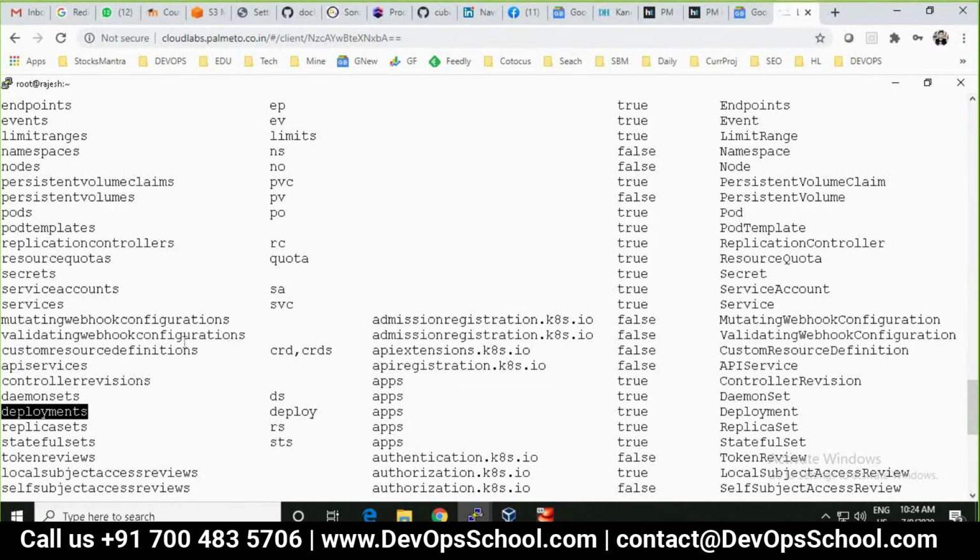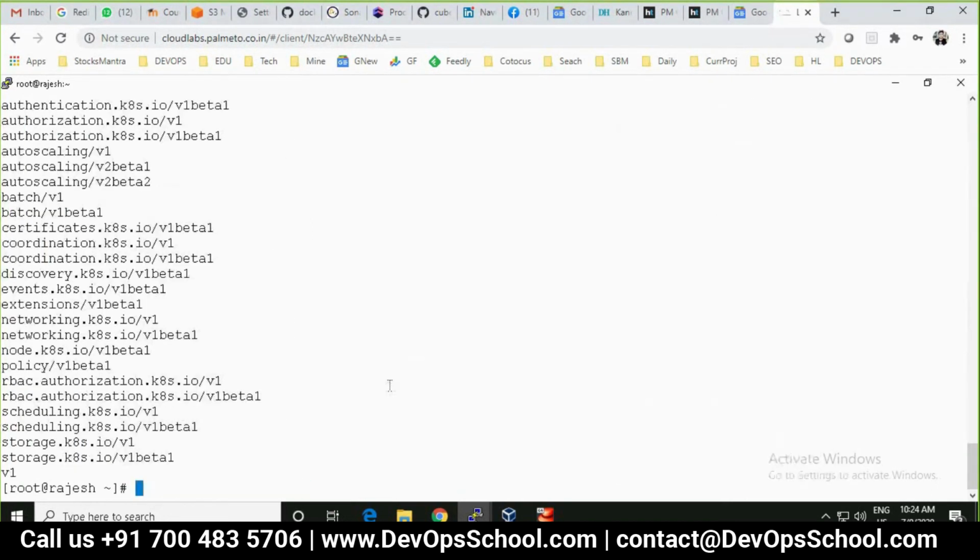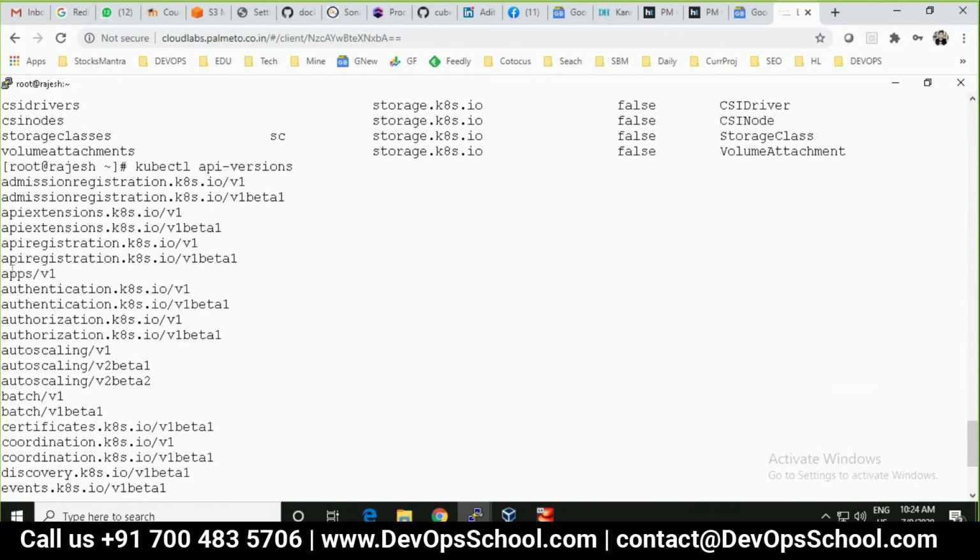So in this case, you have to use apps V1. I think the V1 only. So version name apps V1. Apps is representing the group name, and version 1 is representing the version.